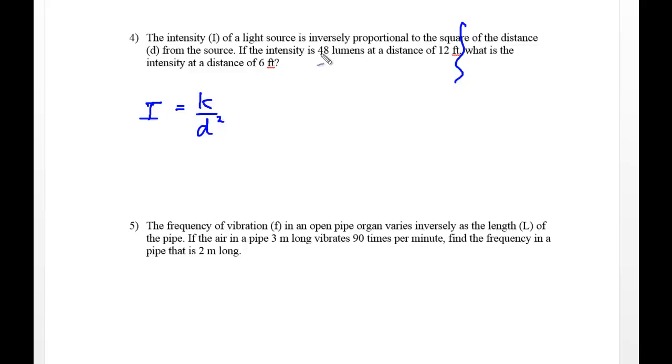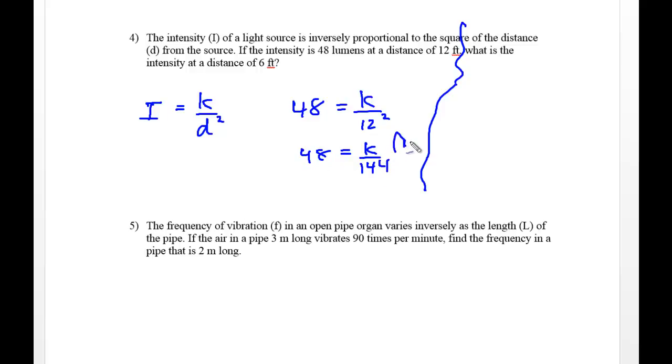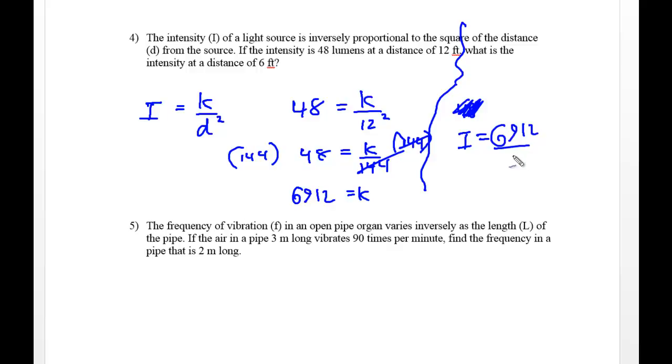So it says the intensity is 48 lumens at a distance of 12 feet. This is giving us the information to solve for k. So 48 is equal to k over 144, and I would then multiply both sides by 144. Looks like I got an Adobe pop-up, so I might have a little glitch here. So 48 times 144 is going to be 6,912 for my letter k. So the intensity is equal to 6,912 divided by